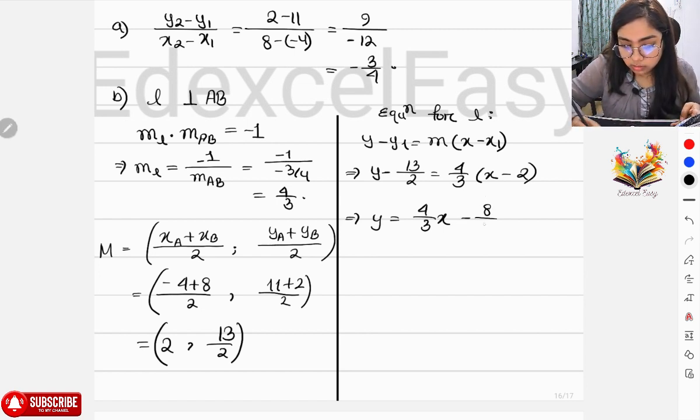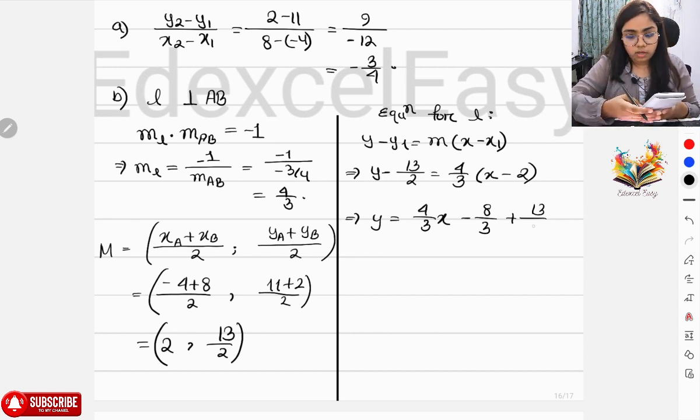This is negative 8 by 3, and when this 13 by 2 goes on to the right hand side, this becomes positive. So you have negative 8 by 3 plus 13 over 2,